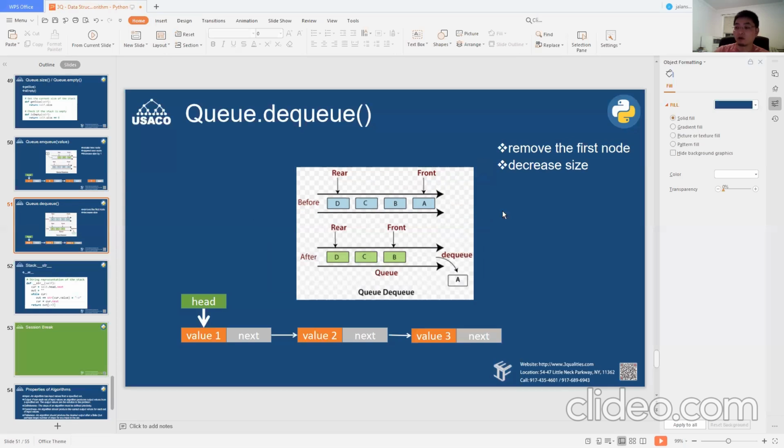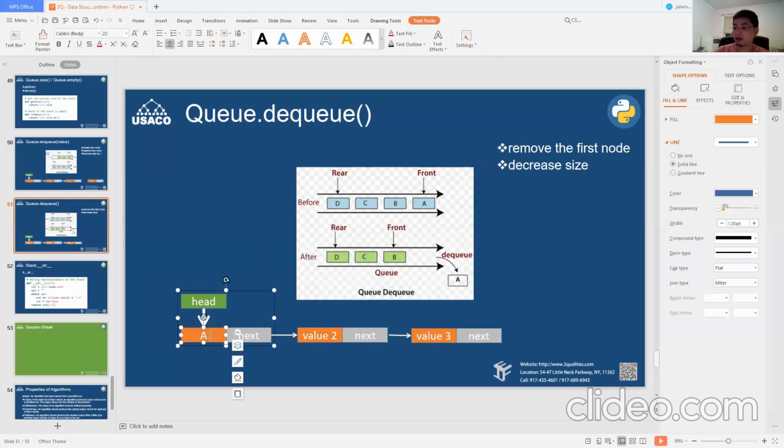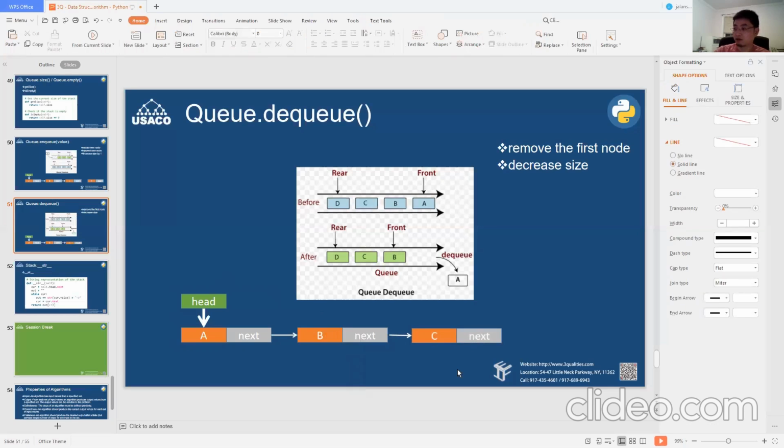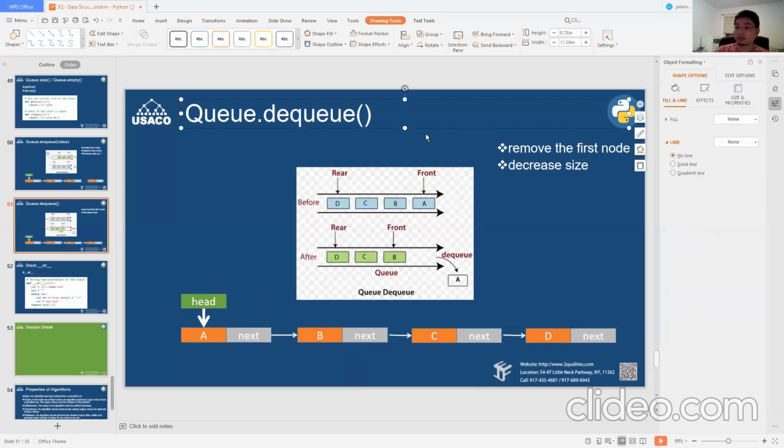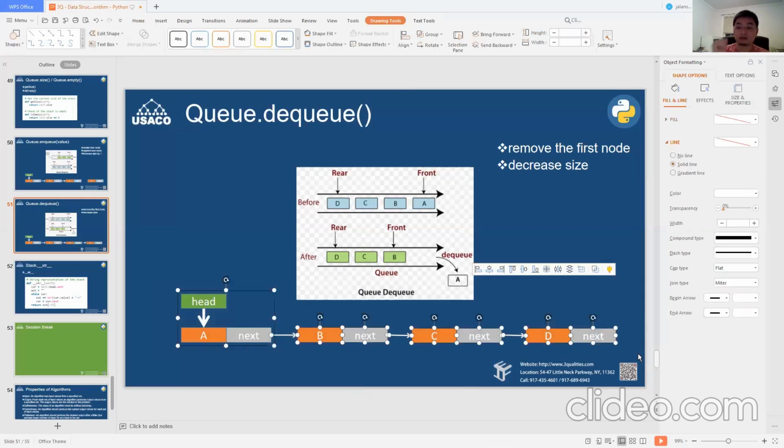So if I take a look at this list, I make changes. A, B, C, D also. That's my queue before. So when I say the queue removes the first node, it's a list. How can we remove the first node? Aston, how can we remove the first node from the list?